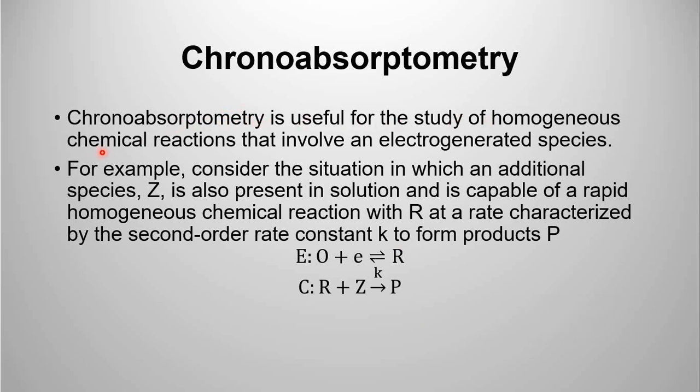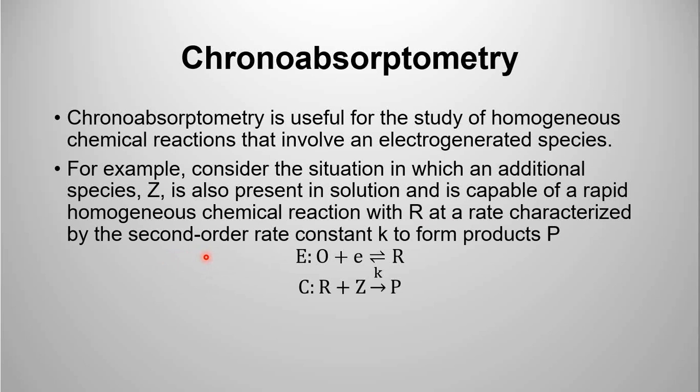Chronoabsorptometry is useful for the study of homogeneous chemical reactions that involve an electrogenerated species. For example, you can see over here the reduced species being electrogenerated from the oxidized species. That is the reaction which is taking place at the electrode, and this is followed by a reaction which is chemically taking place. For example, consider the situation in which an additional species Z is also present in solution and is capable of rapid homogeneous chemical reaction with R at a rate characterized by the second order rate constant k to